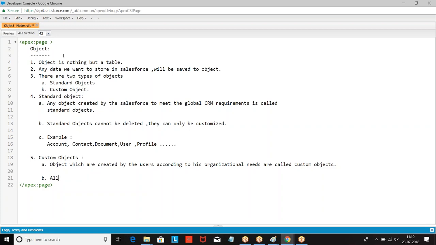That __c indicates it is custom. Custom objects can be modified or deleted according to your organizational needs.